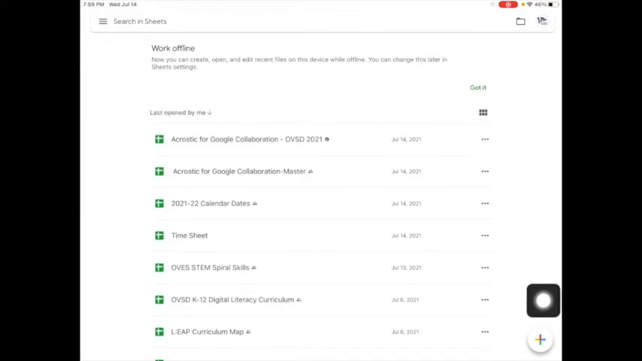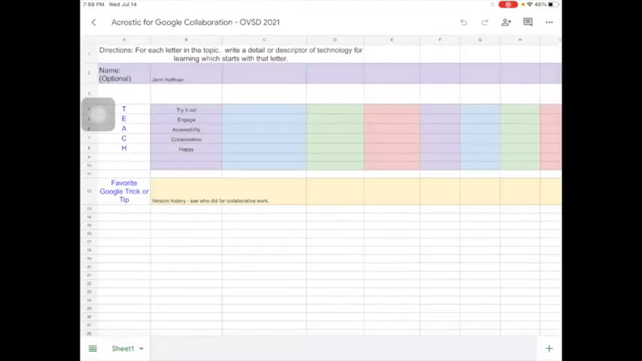If I wanted to open a new document, of course, I would go down here to the bottom corner where the plus sign is and open a document that way. But I want to start by editing this current document that's already created. So I'm going to tap on it and it's opening up and showing me the document as it's currently designed. This is an acrostic